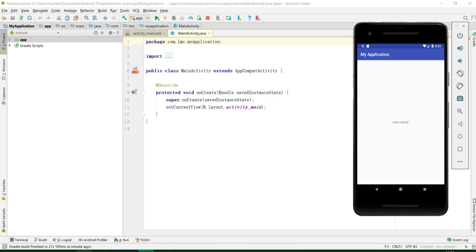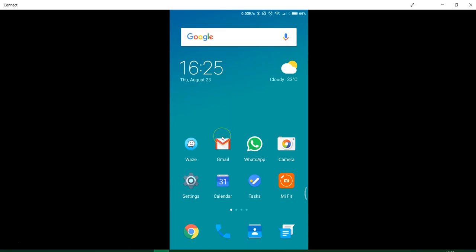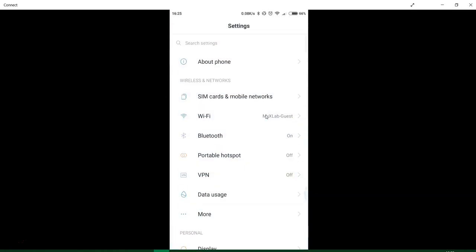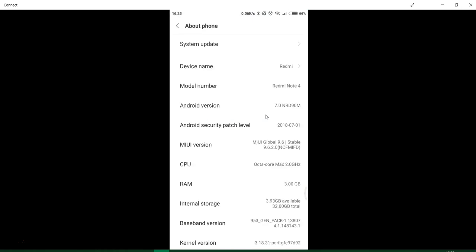You need to do some settings. So this is the device I use. It is the Xiaomi brand. Go to Settings, go to About Phone, and then we click the MIUI version a few times. I already enabled the developer option by clicking the MIUI version a few times. So click back,